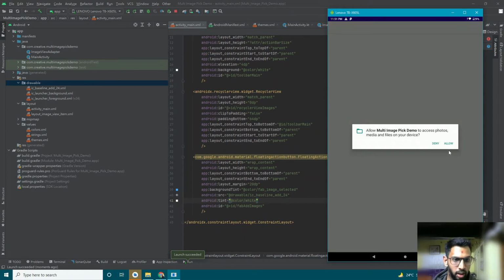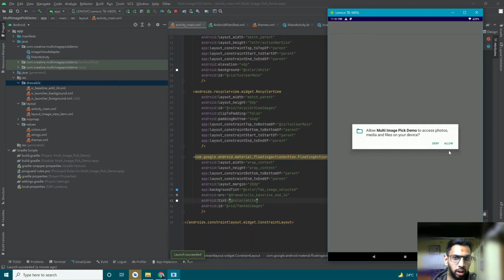Don't worry. One more feature is in front of you: when you call the multi-image picker, you don't have to worry about permission. Regarding the read external storage permission for getting all the device images and all the runtime permissions, the multi-image picker will handle everything regarding permissions. It will ask the user for permission.